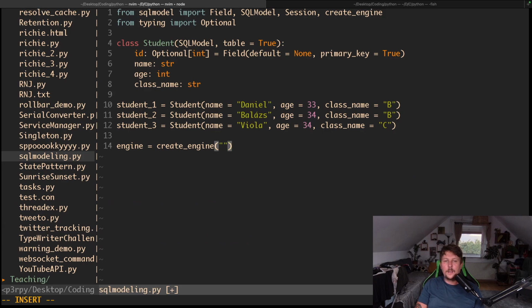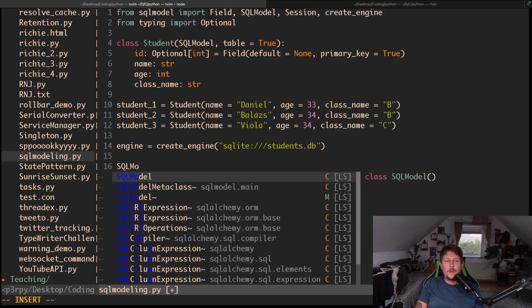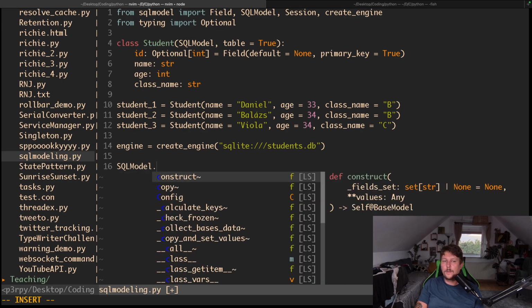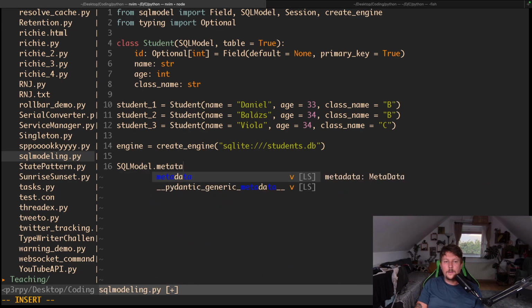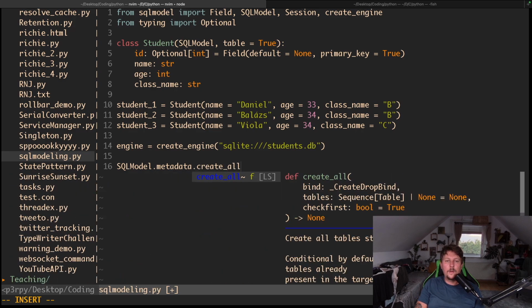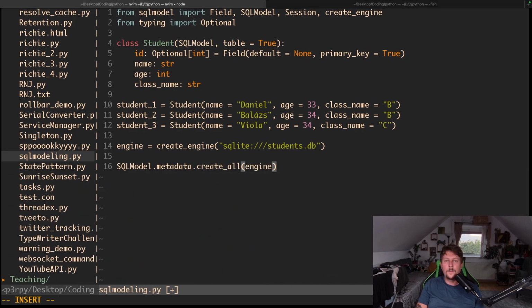And we say that it is going to talk the SQLite dialect, and we call it students.db. And basically, we can call SQLModel.metadata.create_all(engine), and with Session